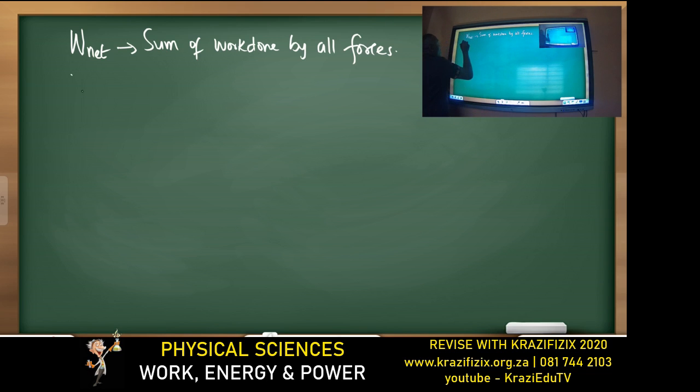Is that okay? Then W NC, which you would find on your formula page as change in kinetic and change in potential, is the sum of the work done